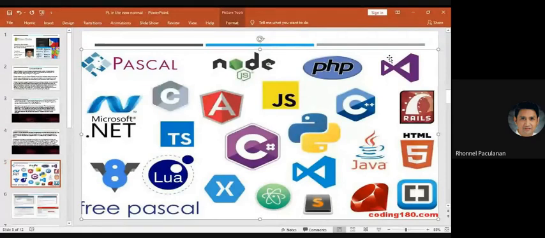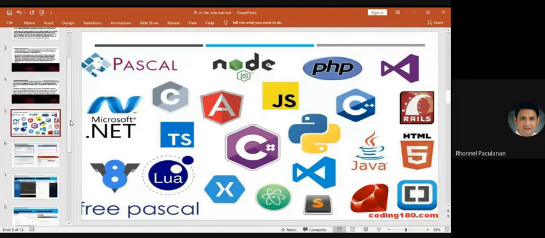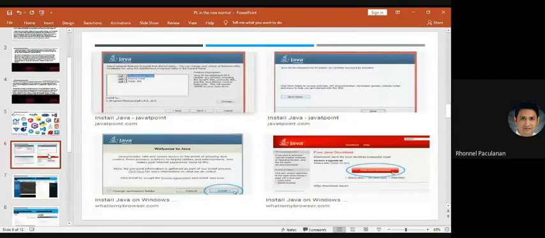Since they are familiar with cell phones and already have them, they can use online programming even without installing the compiler or the IDE in their cell phone. So these are some of the installations.